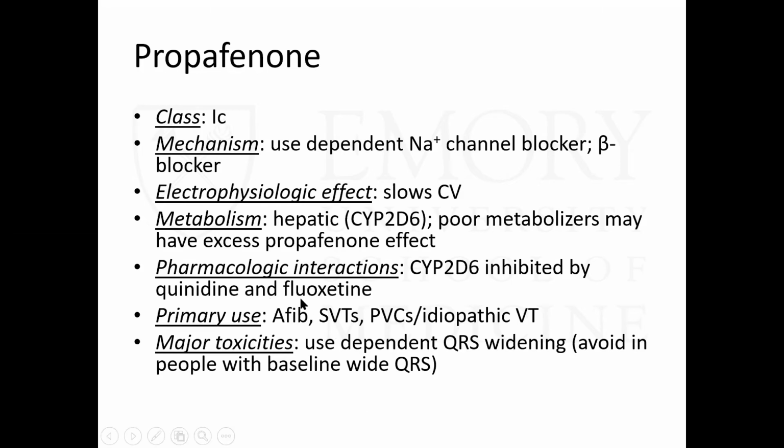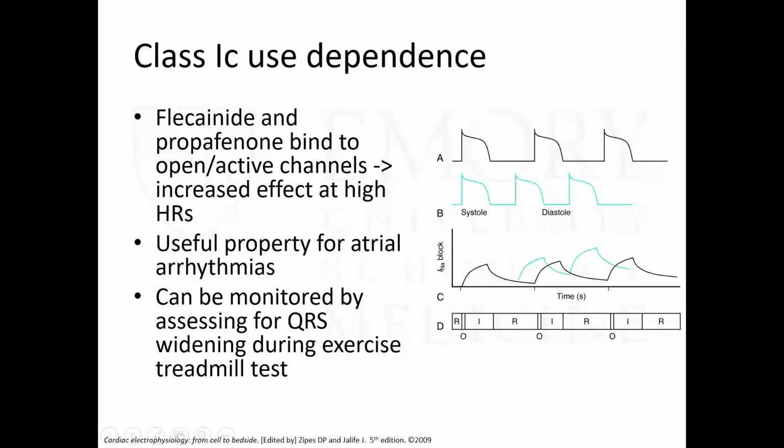But again, primarily used for atrial fibrillation and the same sort of deal with use dependence and the CAST trial. So let's talk about use dependence. What use dependence is, and this is where, remember we said at the beginning that a lot of antiarrhythmics also can have pro-arrhythmic side effects. And one of the pro-arrhythmic properties of class 1C antiarrhythmics in particular comes from this